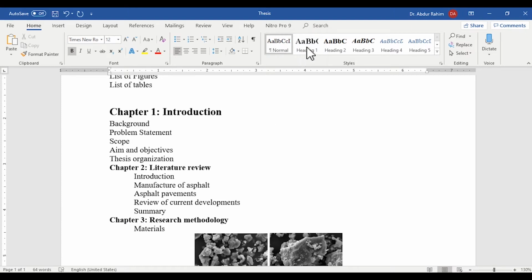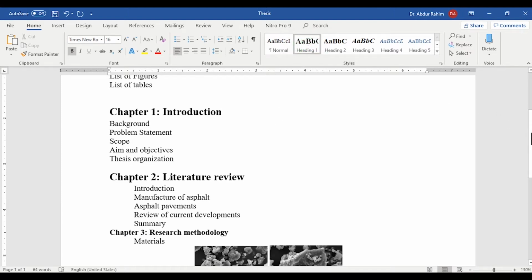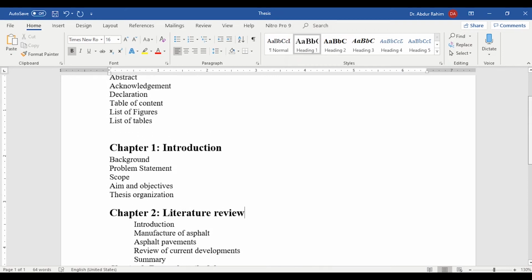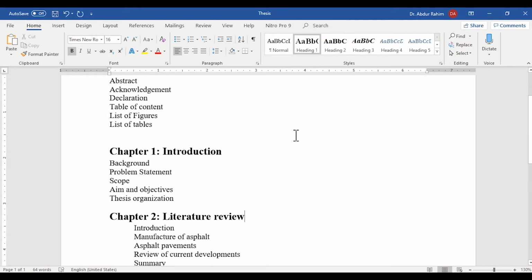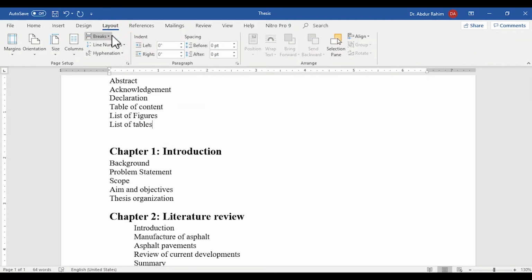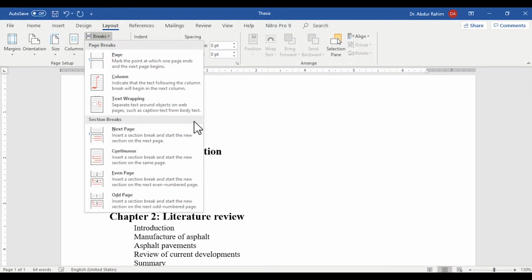After defining all these heading styles, next I will convert all this information to the relevant pages. For this purpose, I will be using section break. First thing I need to tell you is the section break is very useful as compared to the page break. When you insert page break, you simply go to the next page. But when you insert section break, in this way you can have the different page layout. You can assign different page numbers. So section break is more useful as compared to the page break if you want to have a lot of